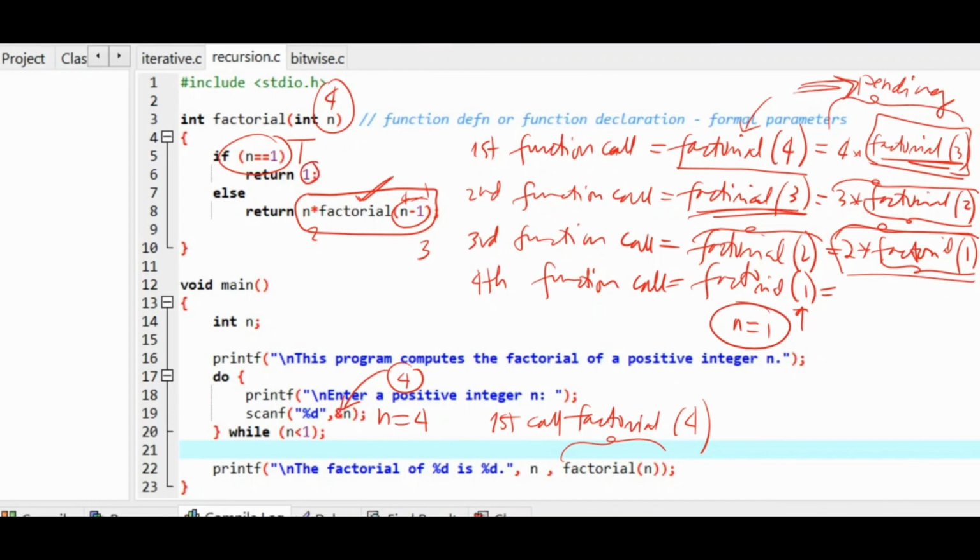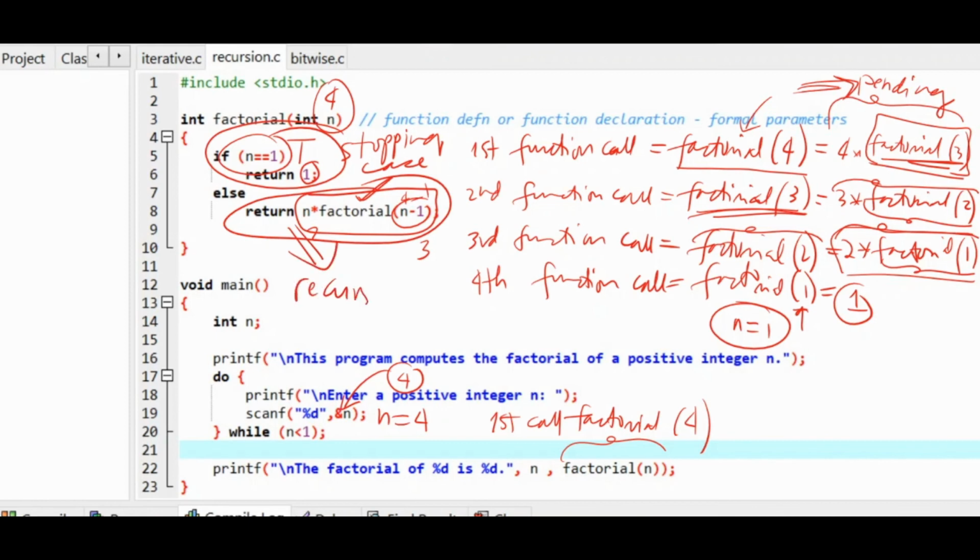And so it returns to us the value 1. So we arrive now at the stopping case, which is this one here. We call this the stopping case of the recursive function. And this part here, we call the recursive